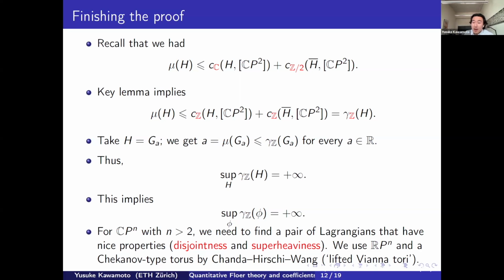But there are so many different ways to construct a Chekanov-type torus in CP^n. There's a construction of Eliashberg and Polterovich, a construction by Pascal Tonkonog, a construction by Hang Yuan, and just so many. But it was difficult for us to find a Chekanov torus that has both properties. Usually the known Chekanov tori had one of the two properties, but it was difficult to verify that it satisfies both of these properties, and we had to wait until this work of Chanda, Hirschi,